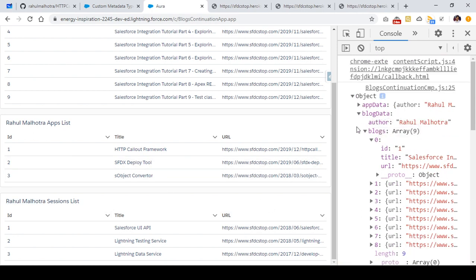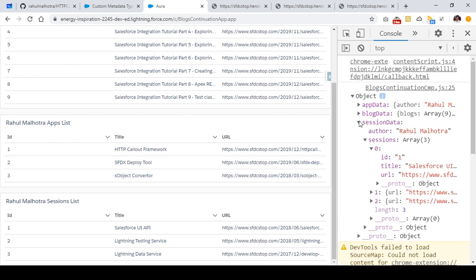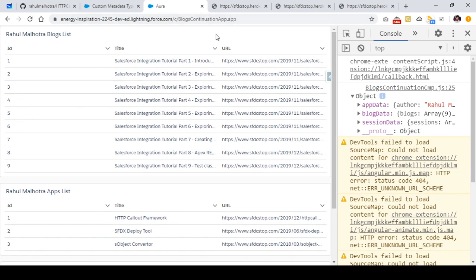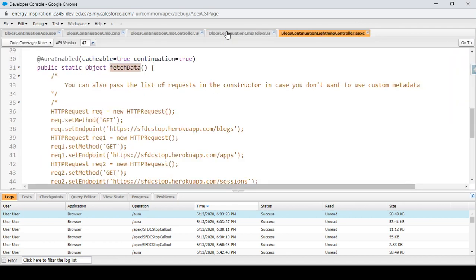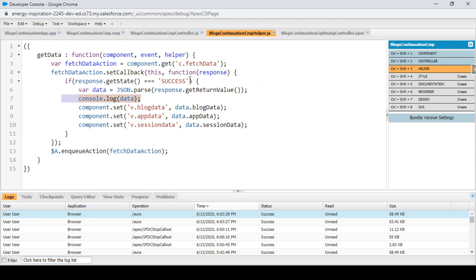So I got to know that I'm getting the correct data from Apex, which I'm displaying here, but we'll focus on the callout part, and then we'll see how I'm actually rendering this data in my Lightning component, right? Okay, so what I did inside my Lightning component, I simply called this fetch data method, and I actually displayed the response.